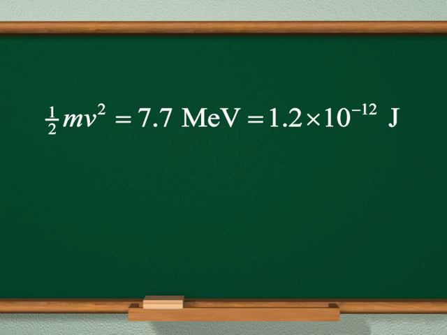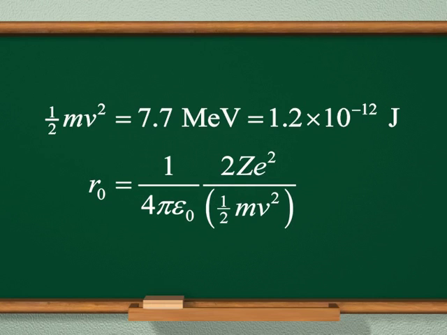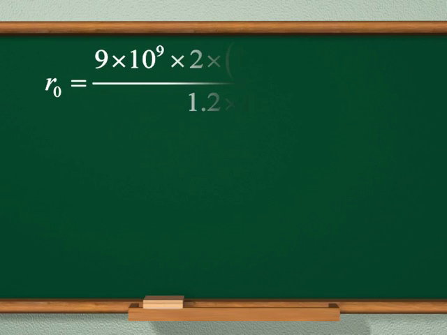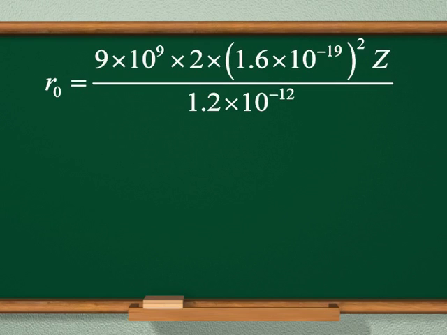If r0 be the distance of closest approach, then using the relation r0 equal to 1 by 4 pi epsilon naught into 2Ze square upon half mv square, we get r0 equal to 9 into 10 to the power 9 into 2 into square of 1.6 into 10 to the power minus 19 into Z upon 1.2 into 10 to the power minus 12, which is equal to